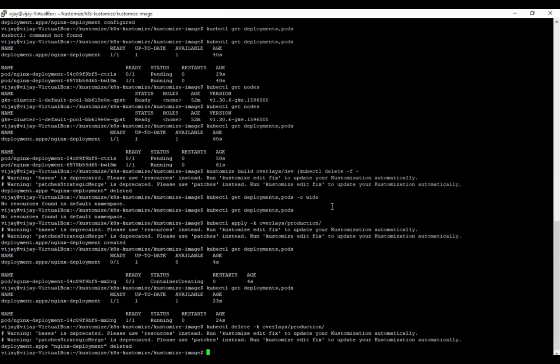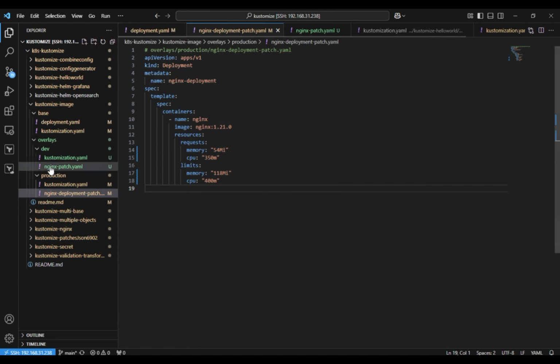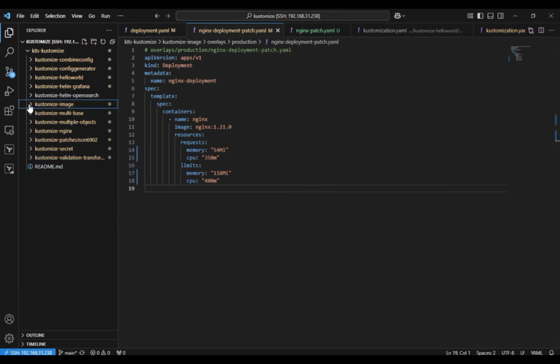So side by side, I'm showing both the deployment methods and even the removal, so that you are more familiar with the approach. Now, since we have completed the second example, where we have touched on image override, let's go back to the third example, where we will see config and